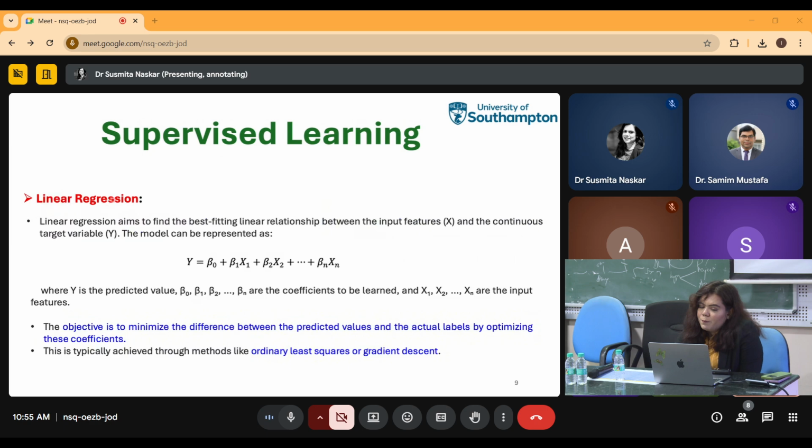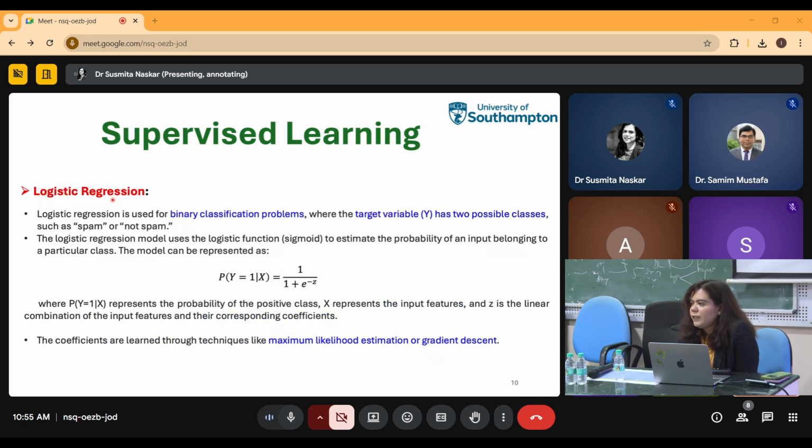So what is the difference between linear regression and logistic regression? If you think about your output Y,